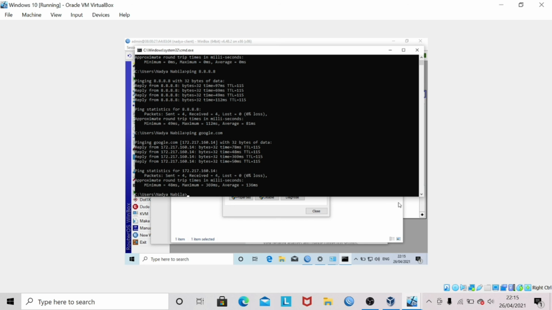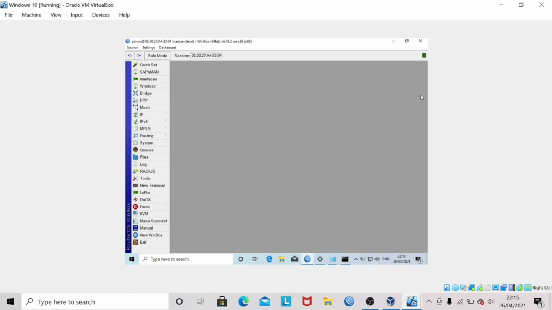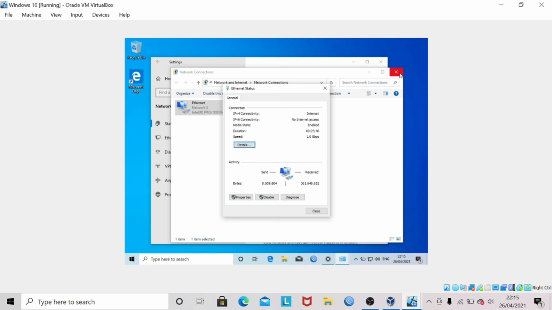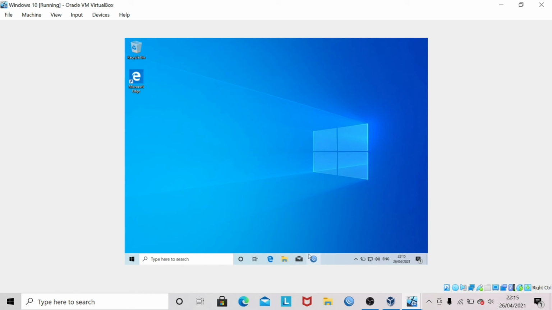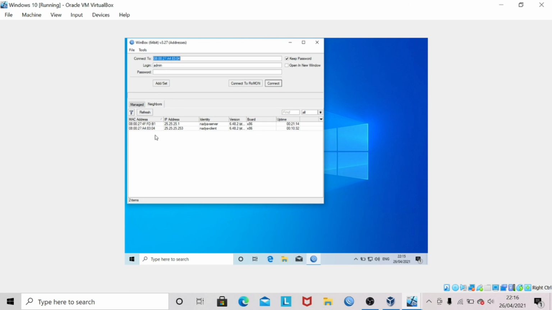After that, do the test on the server router by checking the DHCP server IP given to each client. Close Windows client. Open the MikroTik server with the name Nadia server. Click connect.